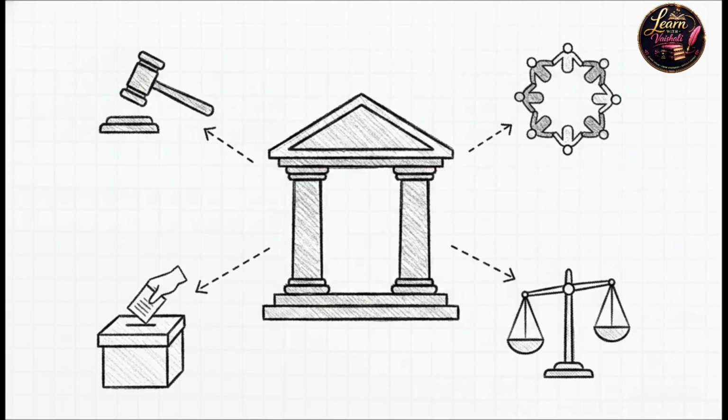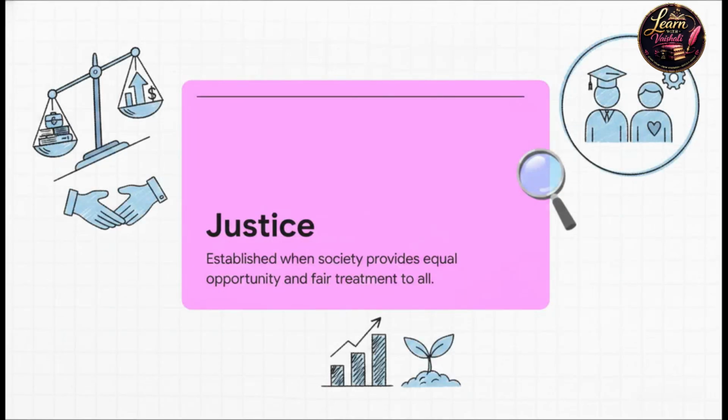Second, economic equality, which aims to reduce those extreme wealth gaps we talked about earlier. Third is political equality. This ensures everyone has an equal voice, like the concept of one person, one vote. And finally, legal equality, meaning everyone, rich or poor, is subject to the exact same laws. And remember this crucial point. Without liberty, equality is totally incomplete, and vice versa. They are two sides of the same coin. Which leads us directly into the concept of justice, or Nyaya.